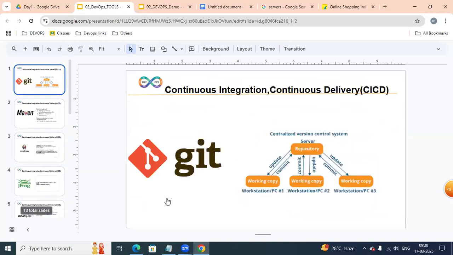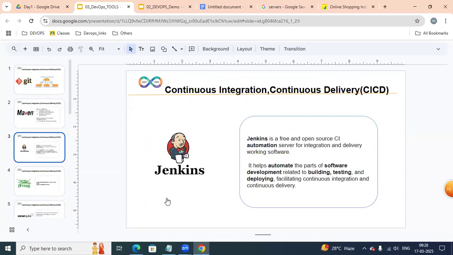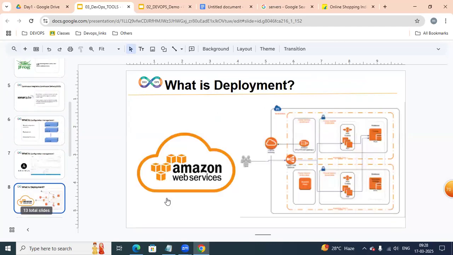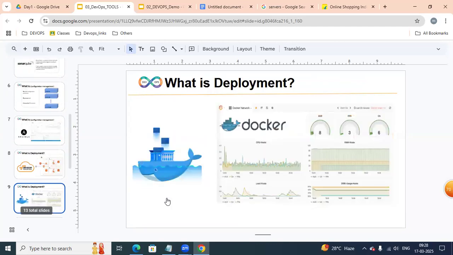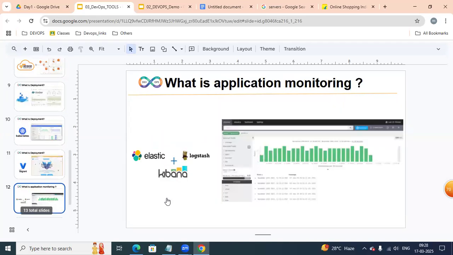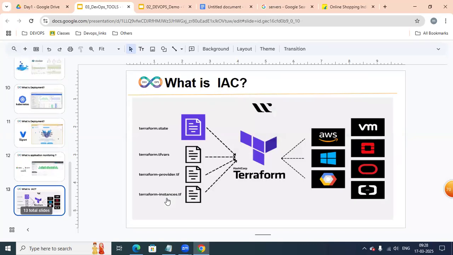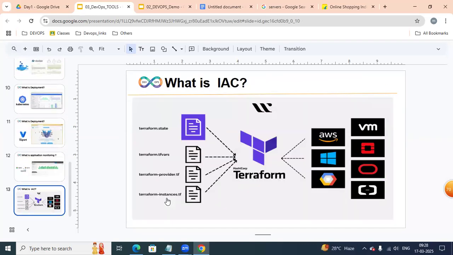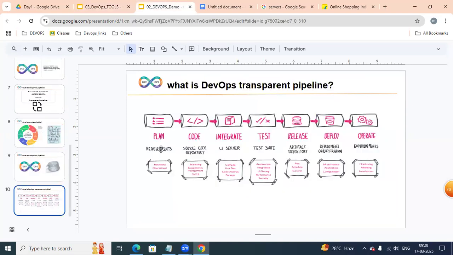We are going to learn Git, Maven, Jenkins, JFrog, SonarQube, Ansible, AWS (Amazon Web Services), Docker, Kubernetes, Vagrant, Elastic Logstack, Kibana, and Terraform. These are all the tools we are going to use for implementing this DevOps transparent pipeline.